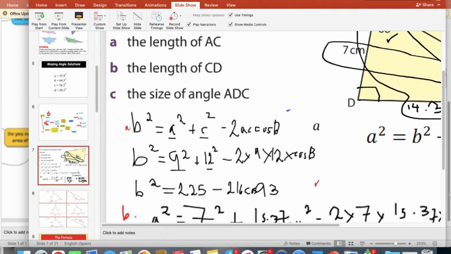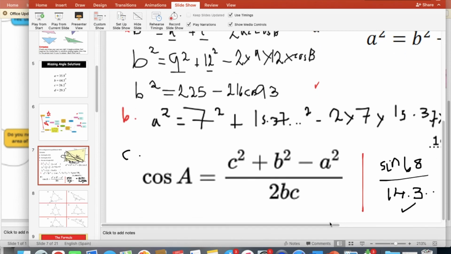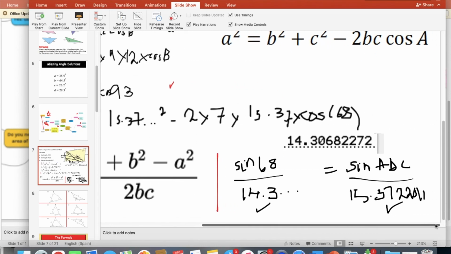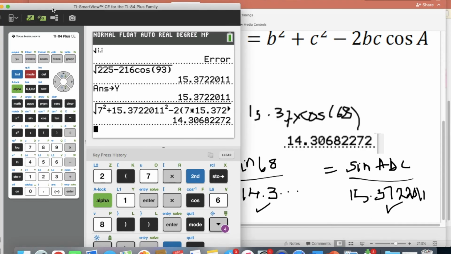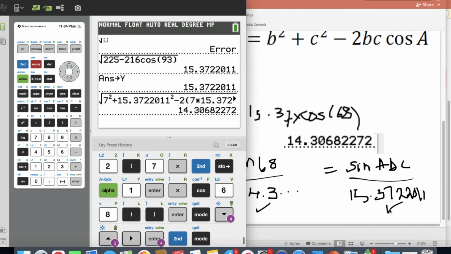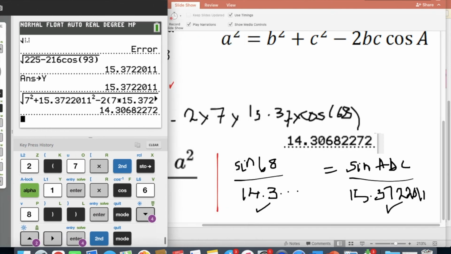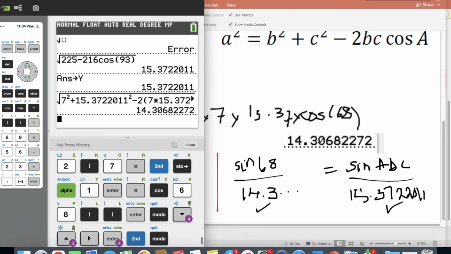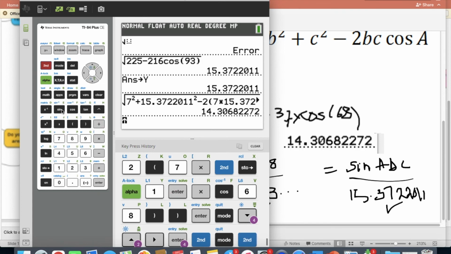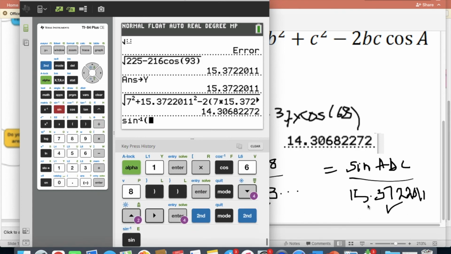We are going to take the equation, which is at the bottom of the screen here. We want to get ADC on its own, so we're going to eliminate the denominator by timesing both sides by this denominator. So let's type this in. We're going to get the denominator of the right-hand side onto the left-hand side. And remember, when we're moving something from the denominator, on the other side it becomes the numerator. But we also want to find the inverse of sine ADC. So we're going to press second sine, then we're going to type in